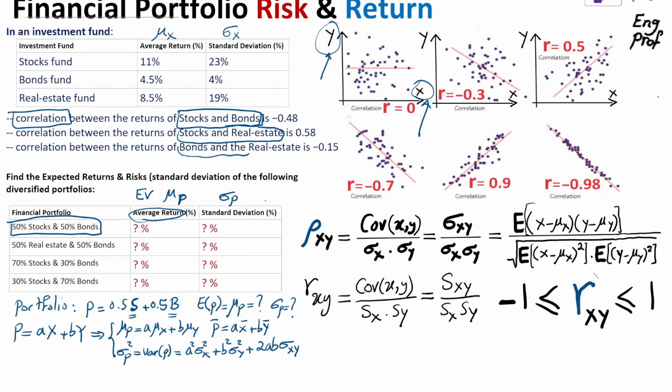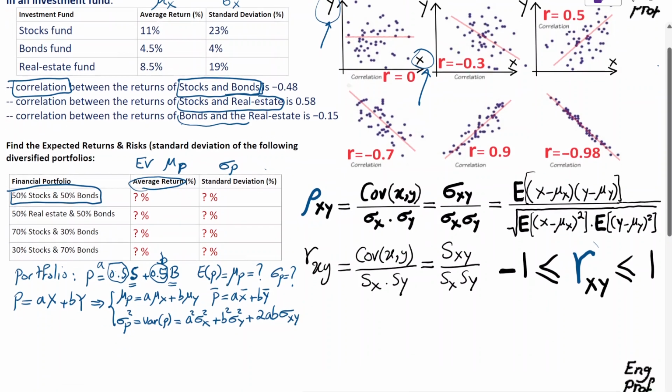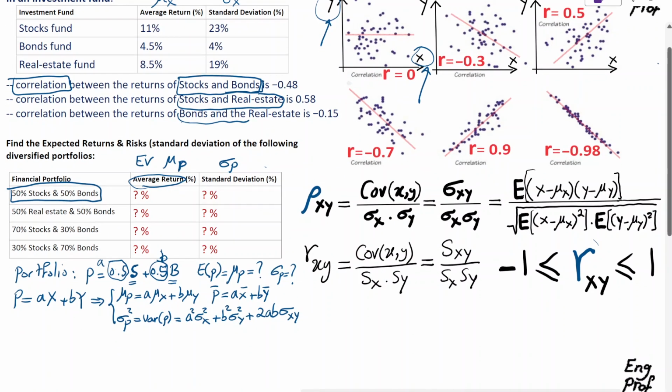So this is already well known and proven, so we're going to just directly use it. Okay, so in the first problem, you can see that a is 0.5 and b is 0.5 as well. So we're going to just substitute. Therefore, because of the information provided, we can say mu of p, or p bar, if you want to name it that way,